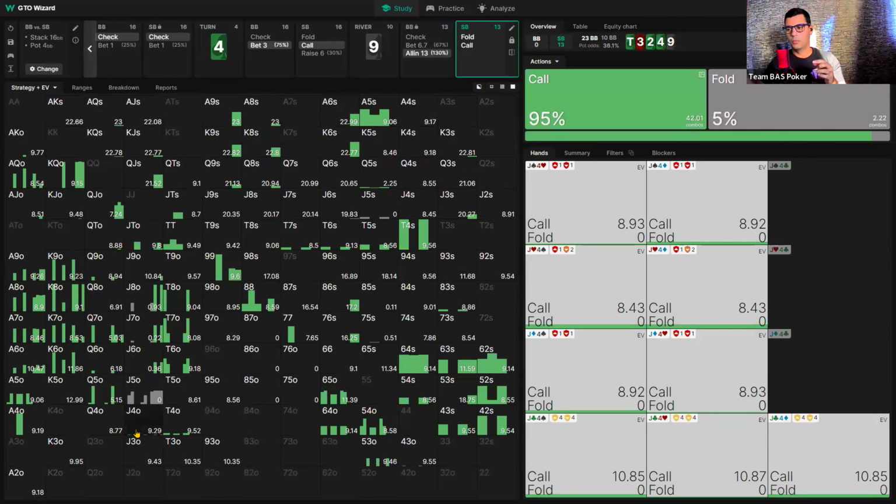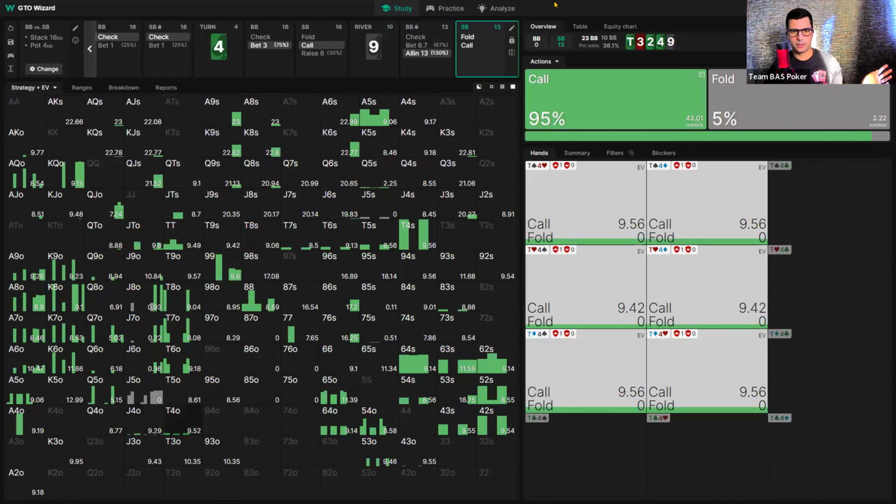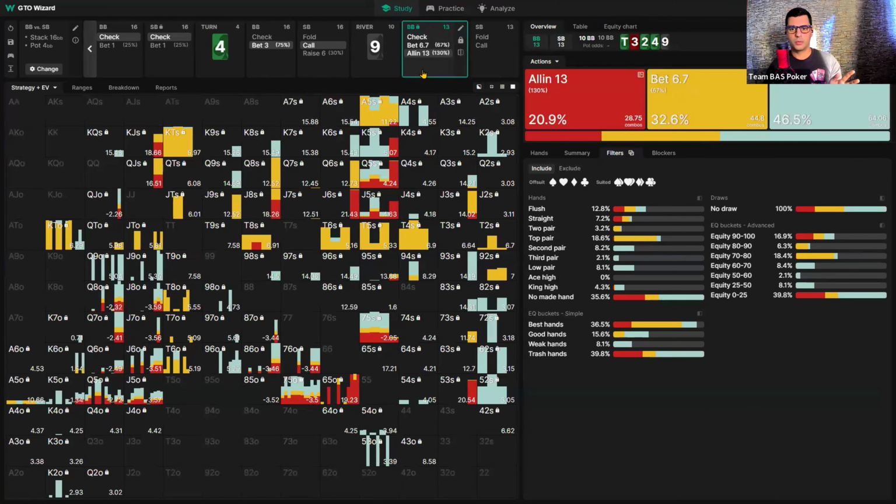So what we are saying here is this is a maniac, a recreational that is just going blindly for bet to the river. Let's try here. We gave him the no-made hands, but let's say he is a smart reg. He knows that he has